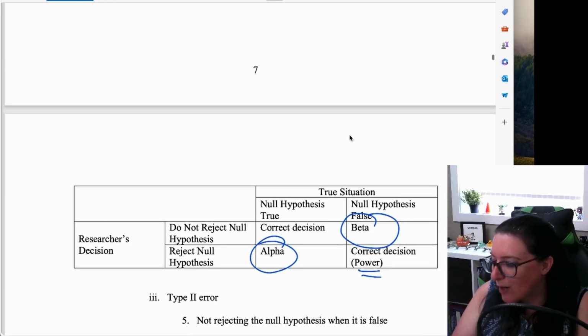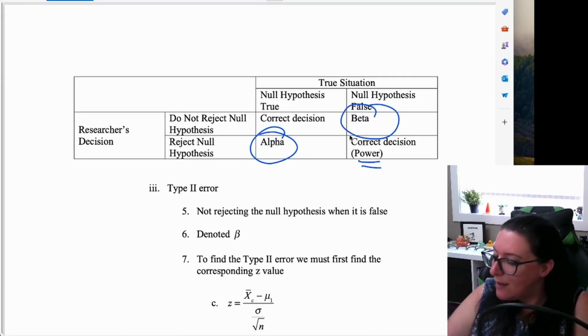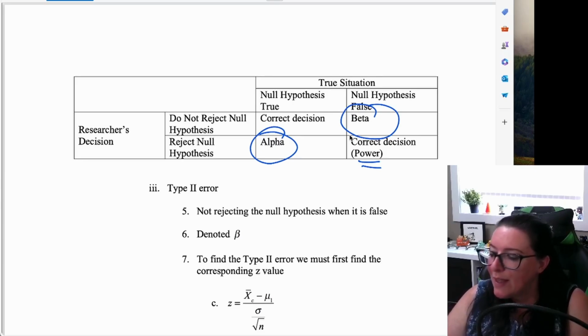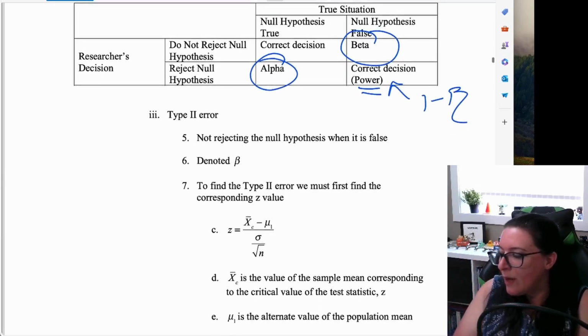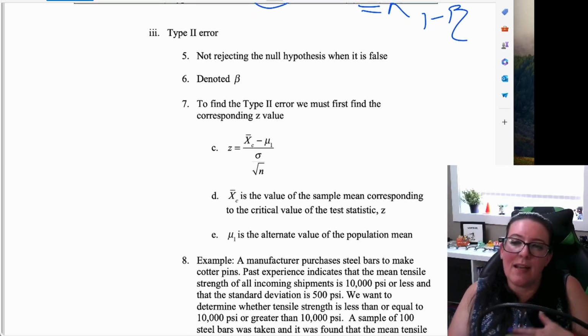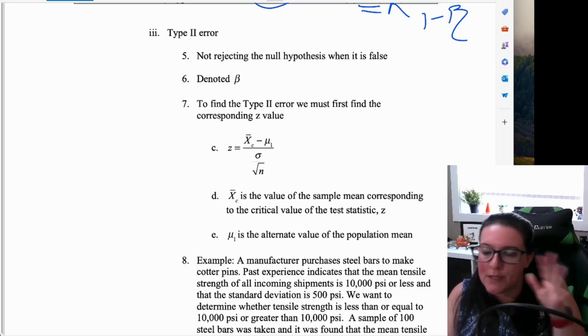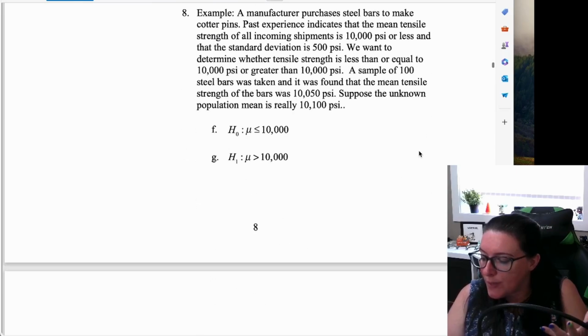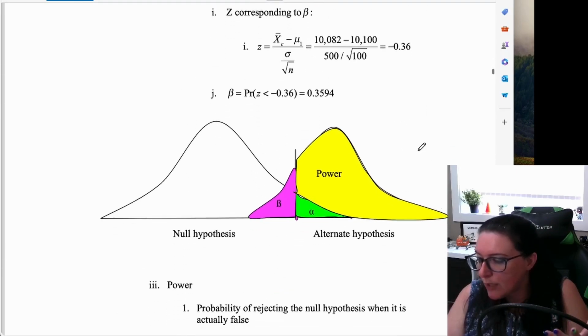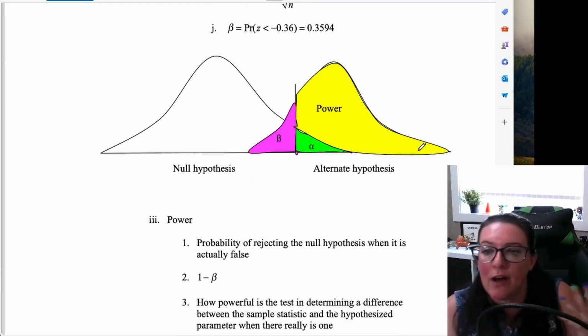Well, power is related to beta. Beta is the probability that you don't reject the null hypothesis when you should have. So not rejecting the null hypothesis when it is false. And power is just 1 minus beta. Okay. We won't get into how to calculate type 2 error. We couldn't go into this detail in these formulas here. But the idea that we need to know and take away from this is the relationship between alpha and beta